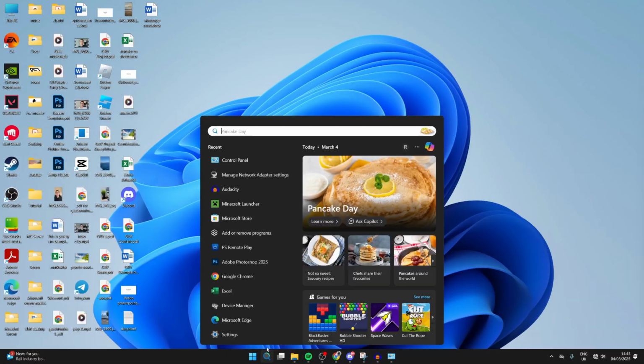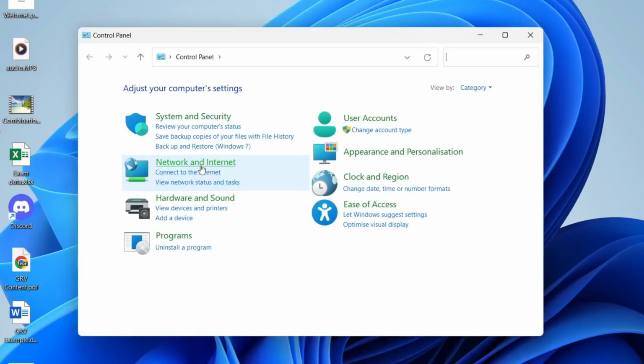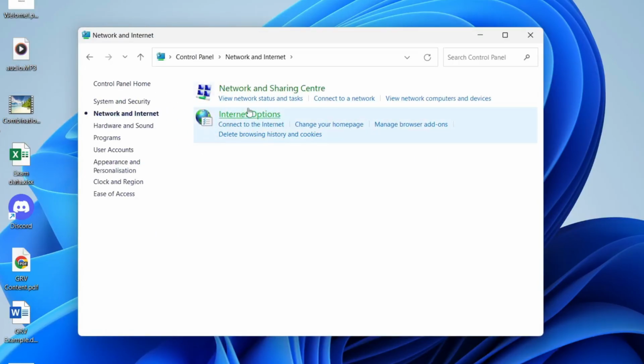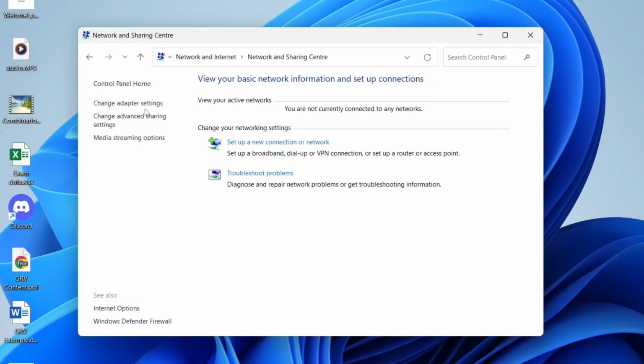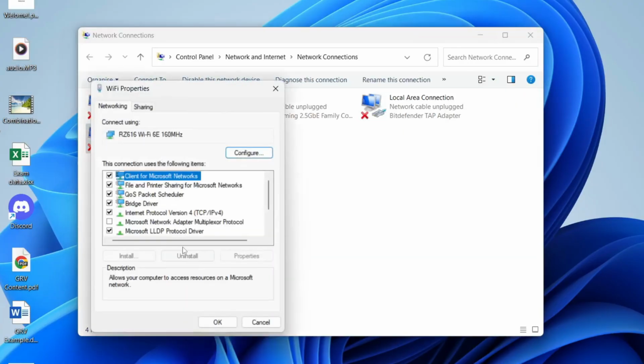Come to the bottom of your computer and click on search, and type in Control Panel and open it up. In here, click on Network and Internet, and click on Network and Sharing Center, and you can click Change Adapter Settings. In here, go and find your Wi-Fi adapter, right click on it and click Properties, and then you want